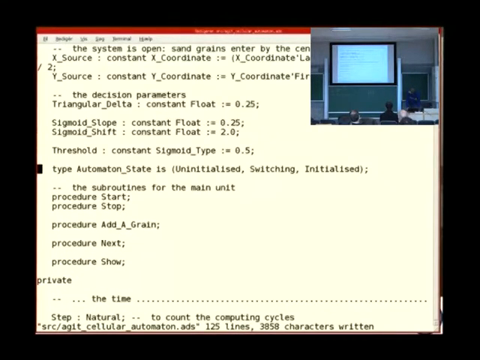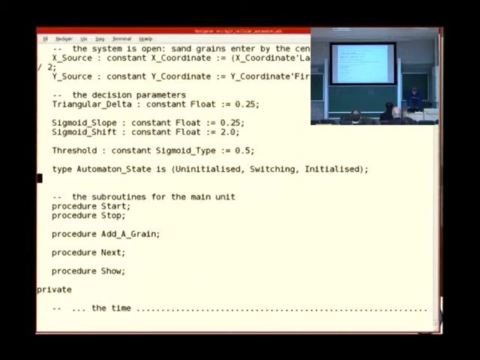So this is just the type, the kinds of states we say we can be in. I cheated and looked inside it, and as far as I can see, after we've had stop, we can start it up again. That's why I don't have a separate state for being uninitialized beforehand and having stopped.